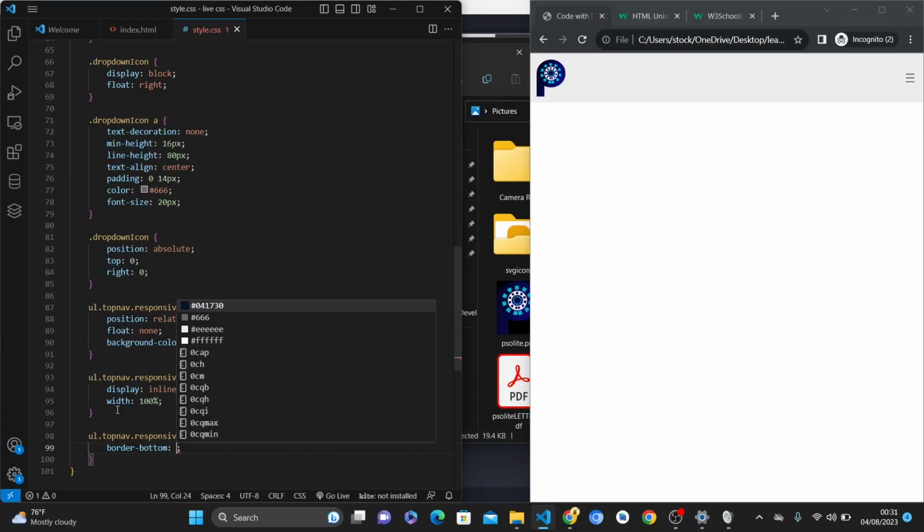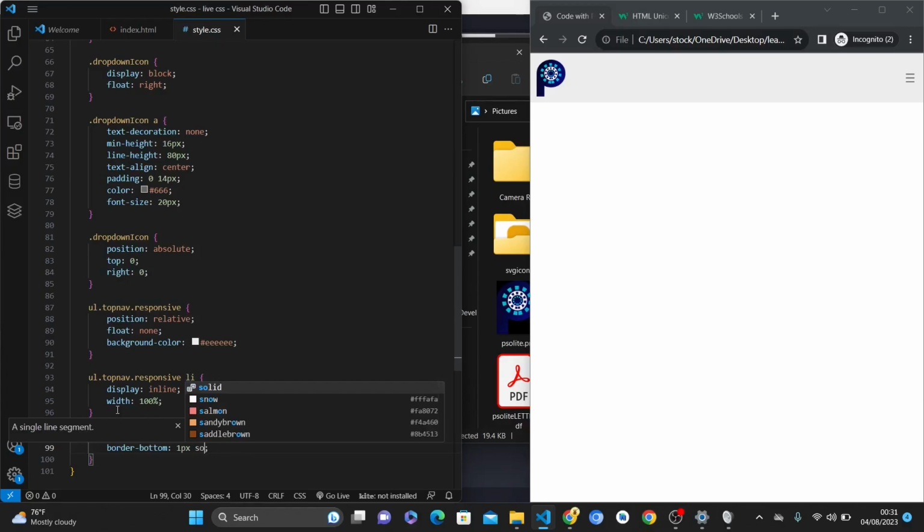But border takes in mostly three values. First is the thickness of the border. Second is whether it will be solid or not. And third will be the color. I used this color before. So we're taking these three values, essential values. You have to know the thickness of whatever you want to put. Know whether it's going to be solid. You have dotted lines and others on the solid part. Then you can choose any color, of course. If you save this and refresh,